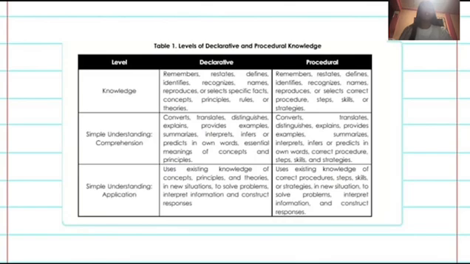So for the simple understanding application, sa declarative level, uses existing knowledge of concepts, principles, and theories in new situations to solve problems, interpret information, and construct responses. So for the procedural level, uses existing knowledge of correct procedures, steps, skills, or strategies in new situations to solve problems, interpret information,